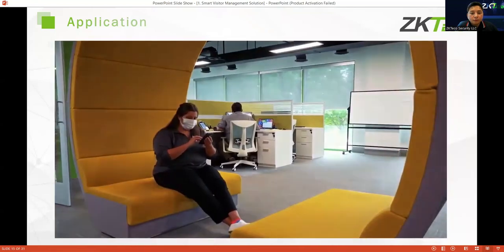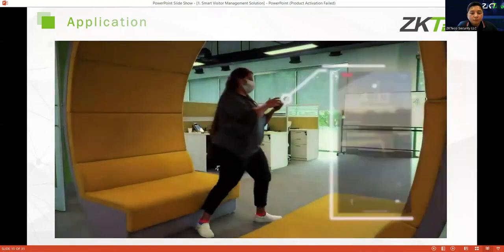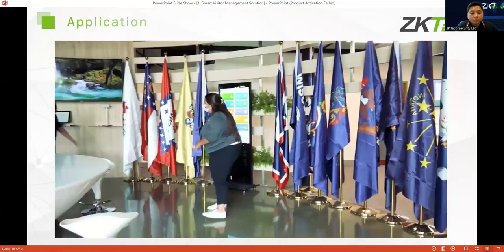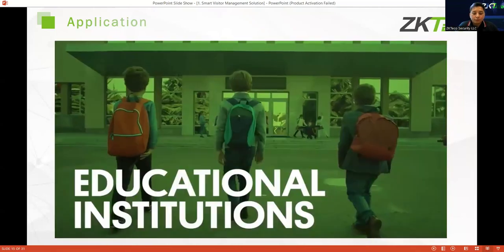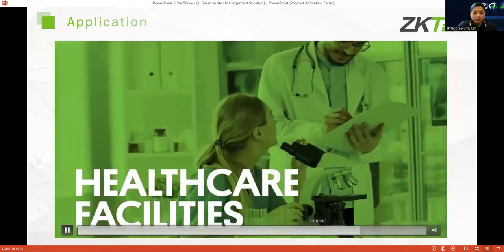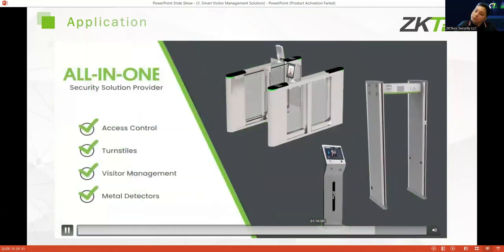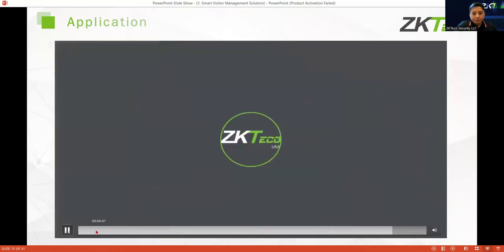Simultaneously, the kiosk notifies the host that the visitor has arrived and is permitted to enter the facility. FK1013 Plus makes the visitor check-in process 100% automated and touchless. It provides safety, security, and auditing while delivering greater peace of mind for facilities managers, employees, and visitors. ZK Teco, your security, our responsibility.